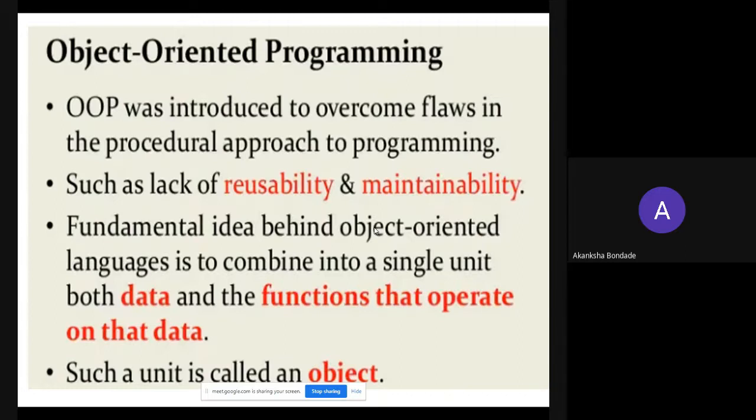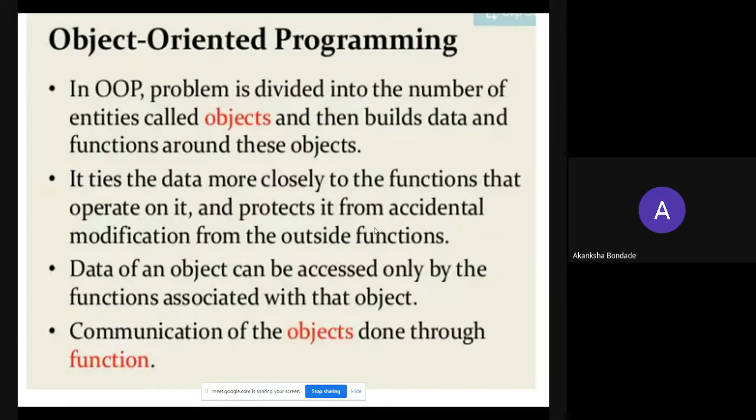In object-oriented programming, data is encapsulated in the class and only the authorized object can access that data. That's why the data is hidden, and an object is a single entity which accesses the class data. In OOPS, the problem is divided into a number of entities called objects, and then we build data and functions around these objects.